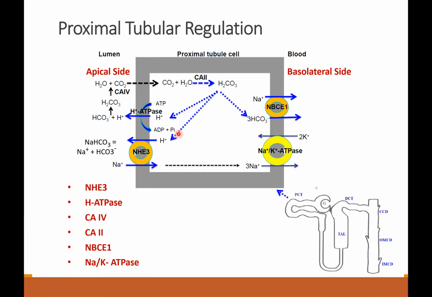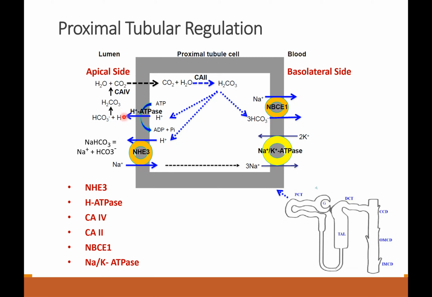That hydrogen ion is donated by H-ATPase, the energy-gated mechanism, or by this, which is called an antiporter. An antiporter is the porter where one molecule enters inside and another one crosses outside. Likewise, here also is an antiporter. This is called a symporter, that means both go in the same direction. This is an antiporter. Here, sodium hydrogen exchange antiporter 3, NHE3, is the one at play, and that secretes the hydrogen here as well as the H-ATPase.